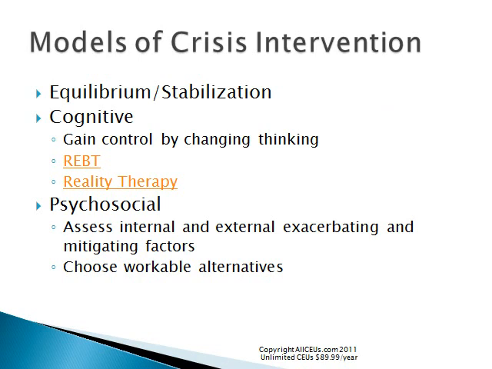Models of crisis intervention. Equilibrium and stabilization. We want to get them just kind of on an even keel so we can help them figure out what to do. Cognitive is to gain control by helping them change their thinking. Are they making the most rational decision right now? Is what they're doing going to make it worse or make it better? What are other options? This is problem solving, brainstorming, supportively confronting some irrational beliefs.